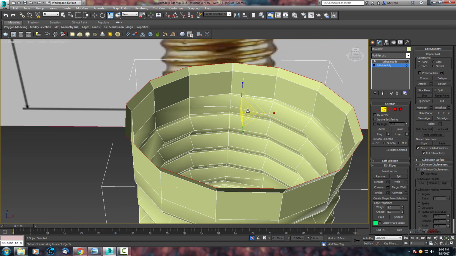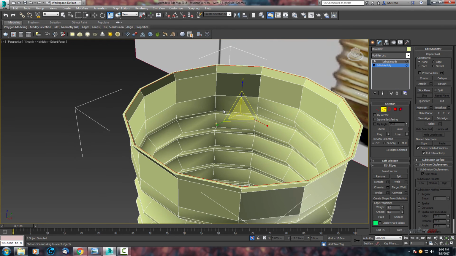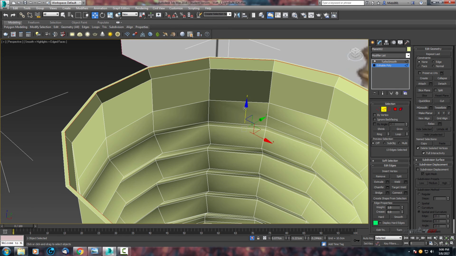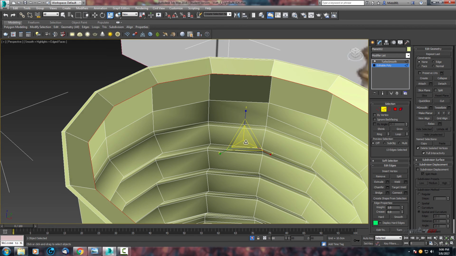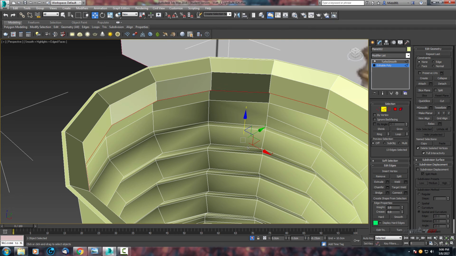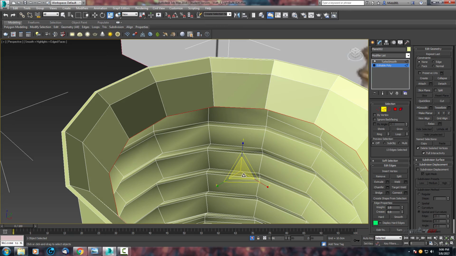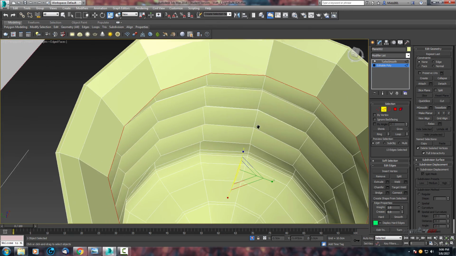Now hold shift, move inside. This is from I, and hold shift, move down, rescale inside, and again move down, something like this. So we want to create now